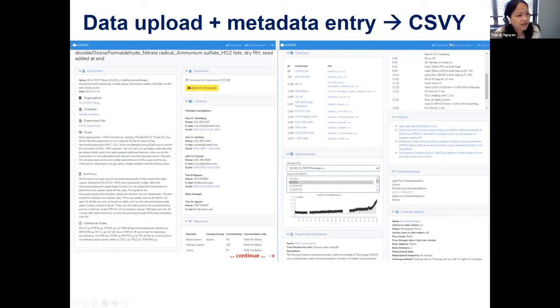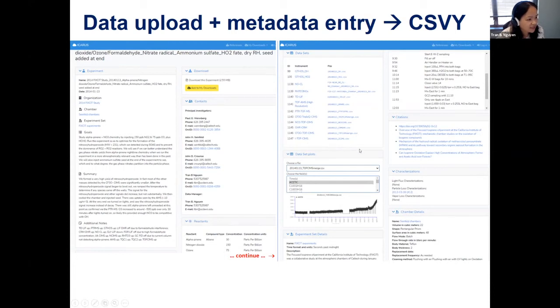And I'll show you that the main way that people discover the data is through the web format. So here is, if you click on one of the experiments that I showed you from the web search, it'll bring up this experiment right here that has all the metadata, like the goals and what chamber it's associated with, what experiment set, the summary, the notes, the PIs, their org IDs, then all the reactants linked to the PubChem database, and then the concentrations.